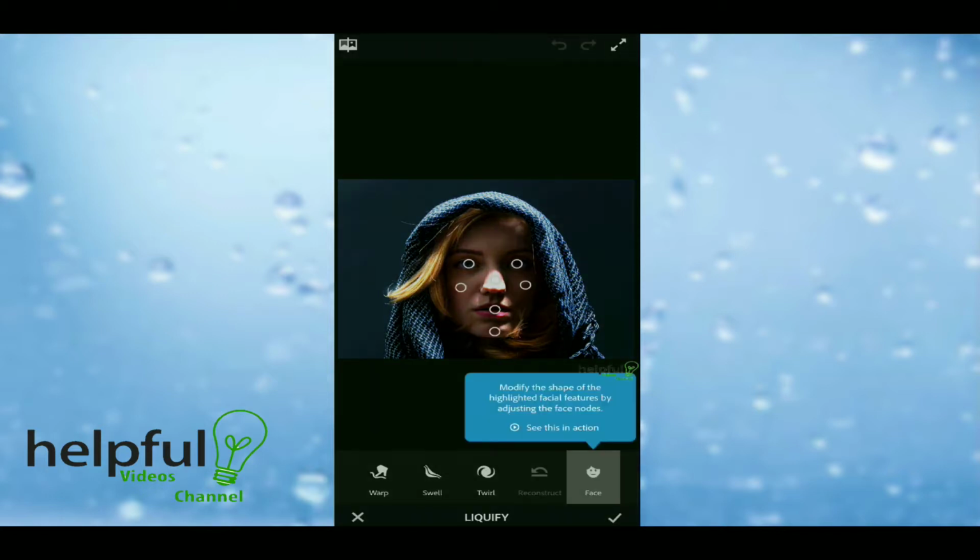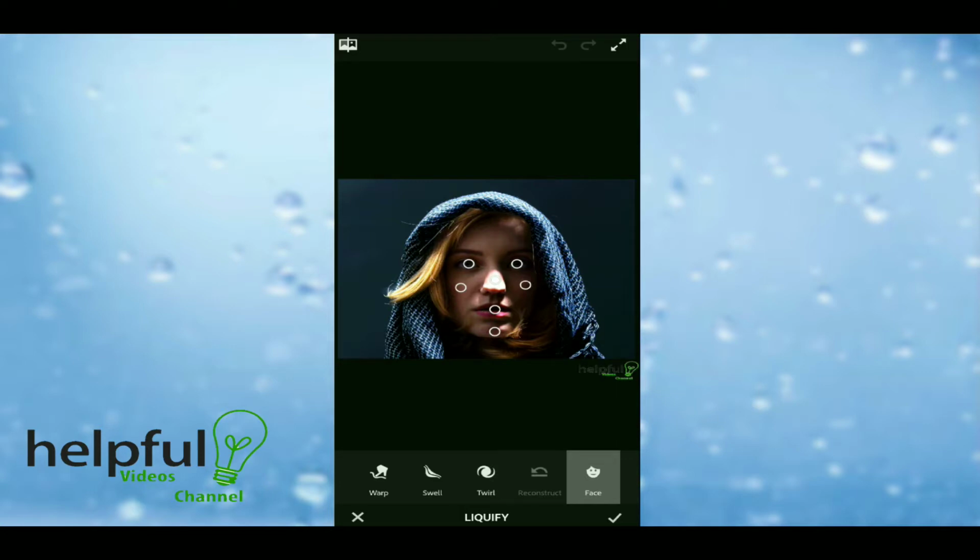And liquify, these are the points you use if you want to shape your face to some extent, if you want to make your face narrow or broad, or you want to adjust something like your nose or lips, you can use it here. And